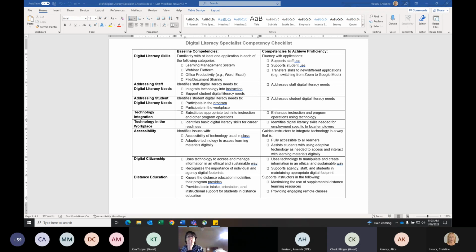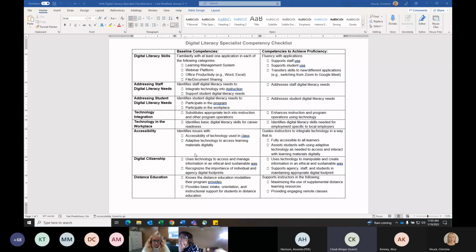So if you can check all of the right hand items, then you're probably not going to need help from us. So I think that the role with our project is first and foremost to get all of the digital literacy specialists to at least the baseline competencies, and then ideally to work towards having them be proficient in all of the areas that they need to be in.